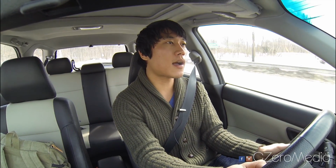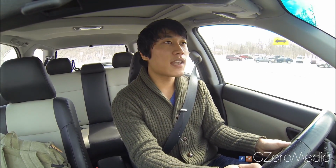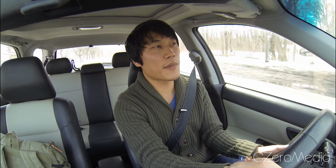And back in 2000, when the company wasn't doing so well, it went up for sale. And GM decided to purchase the company, and 100% of Saab was owned by GM. In 2005, when GM decided to produce a new product line from Saab, they also owned a 20% share of Subaru. So they basically said, look Subaru, you have the WRX wagon, why can't we use the same platform and rebadge